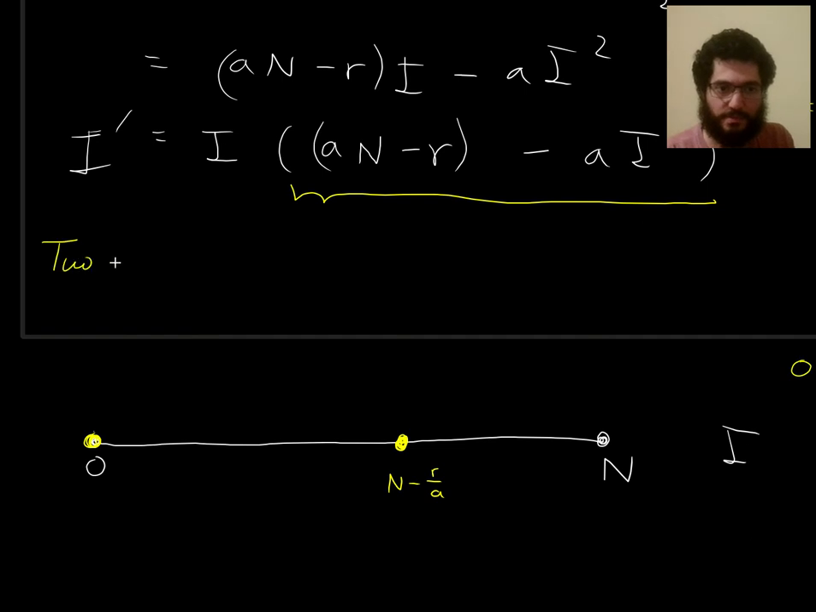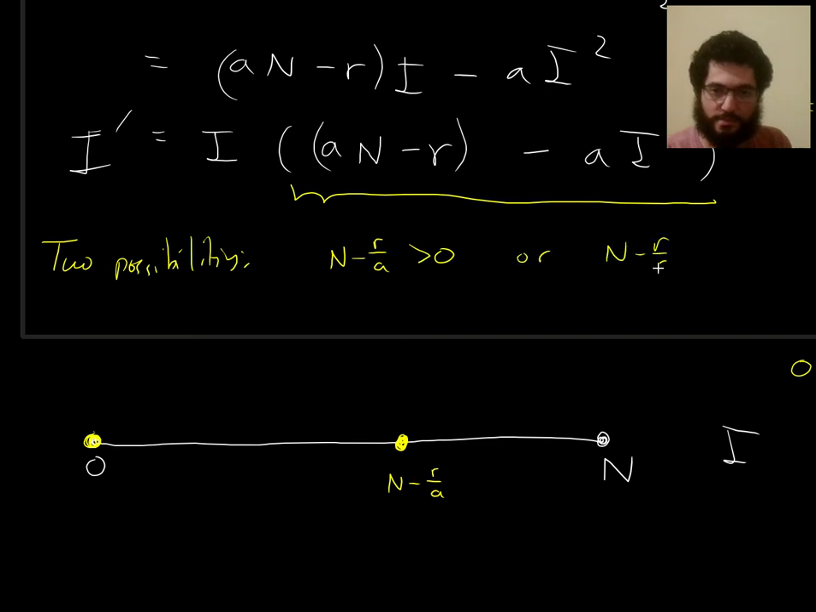So there are two possibilities. We could have this I star value, the non-zero, the other critical point, be greater than 0, which is the picture here, or we could have it be less than 0. So if it's greater than 0,